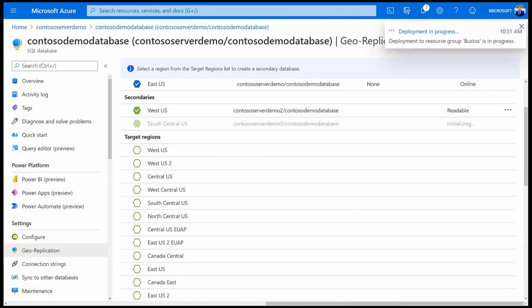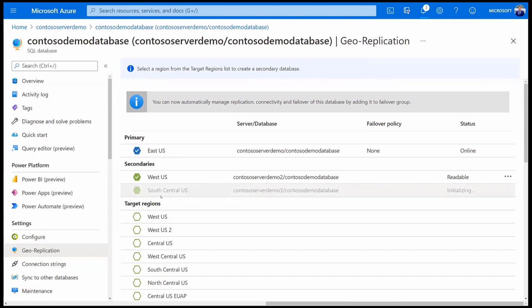I'm in the process of creating a secondary in South Central US. And as you can see, the status, the first step, is only initializing. And then the process is known as seeding. So after the secondary is created, the seeding process is data being copied from the primary to the secondary, right?